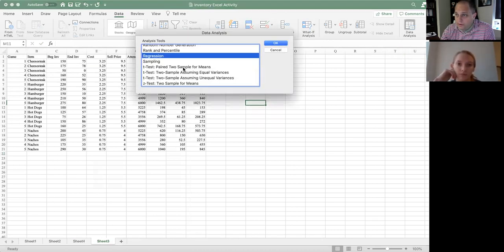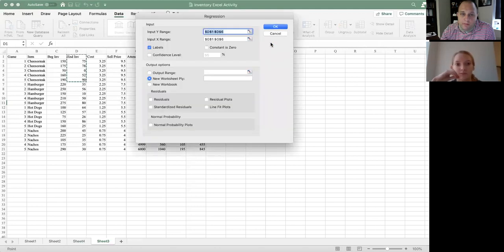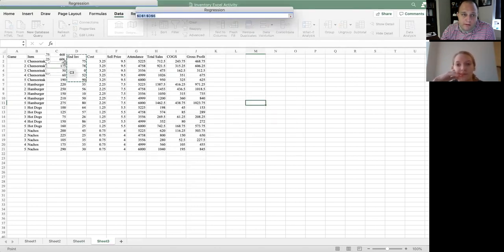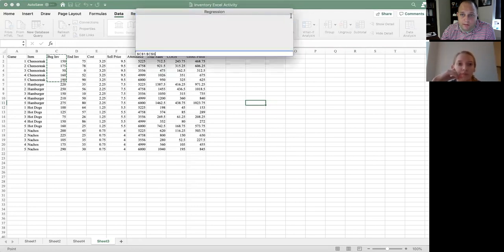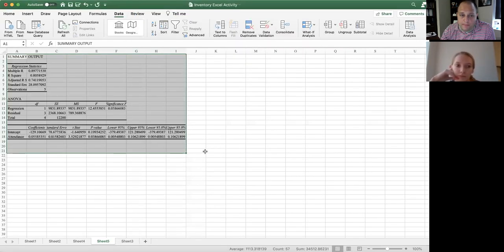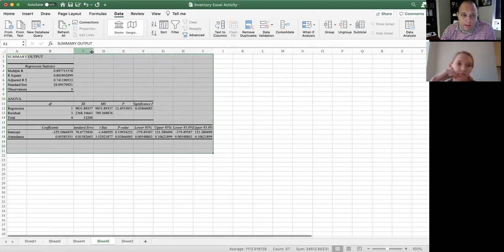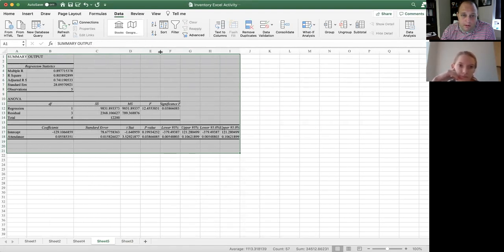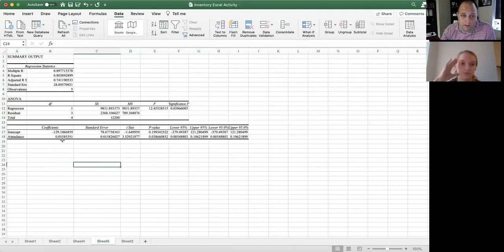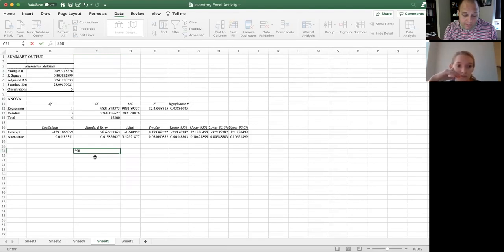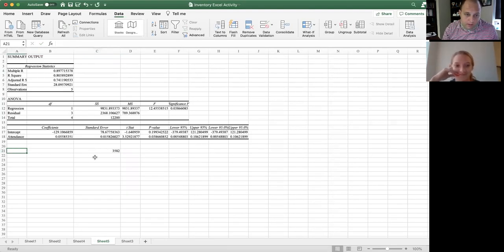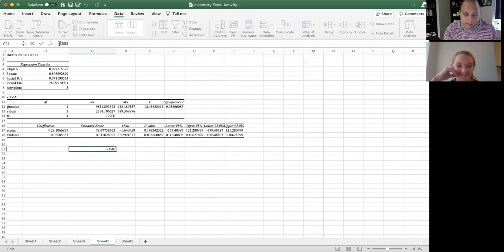Now we can do another one, come back here. We don't want to overstock, right? So we go to regression again, but instead of ending, let's do beginning. And let's hit OK. So for this one, yet again, another pretty good model. And we know that for every person in attendance, we need to have 0.05 cheesesteaks there. So let's just say we look at our attendance count, it's 3,582 people. Oh, crap. Equals